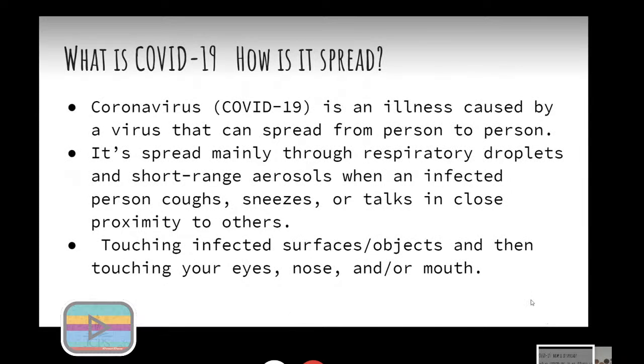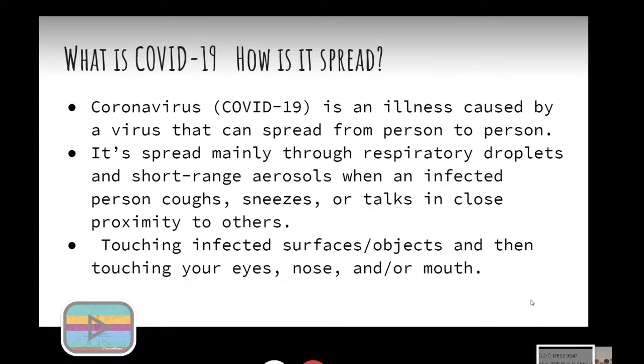Probably a review for every one of us, but COVID-19 is a coronavirus. Coronaviruses have been around for a long time. The common cold is actually a coronavirus, but COVID-19 is a novel coronavirus, a new coronavirus that was first noticed in 2019, which is where the 19 comes from in the name. And it's an illness that's caused by this virus that can spread from person to person. It's basically shut down life as we know it in this and other countries, and that these droplets will kind